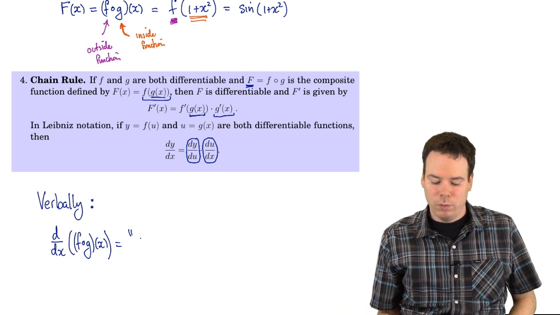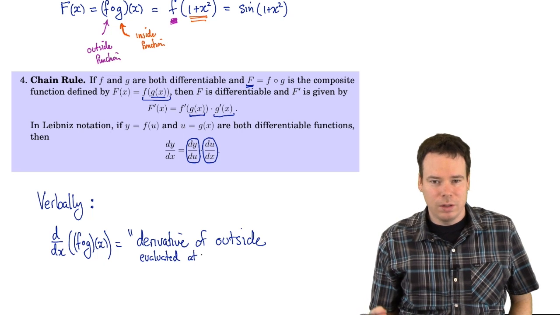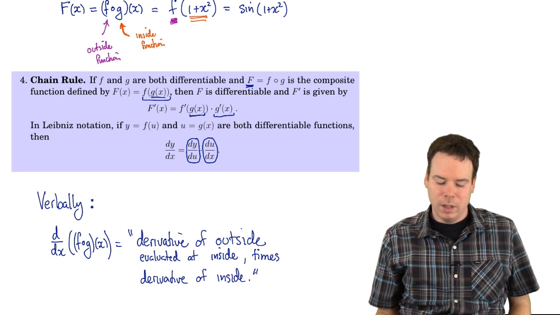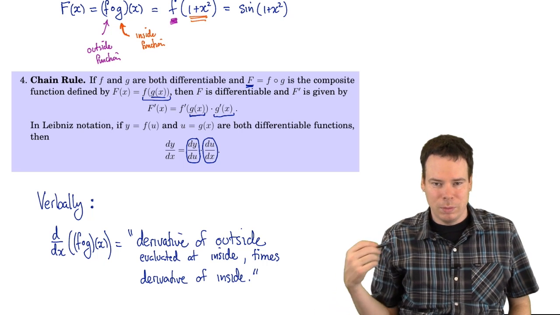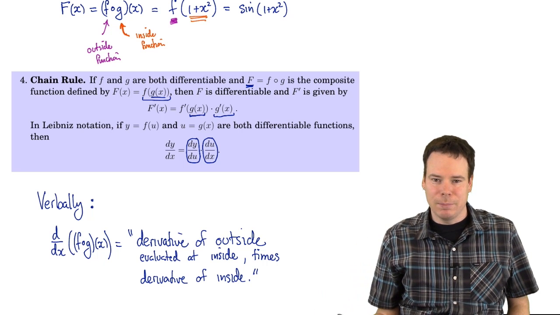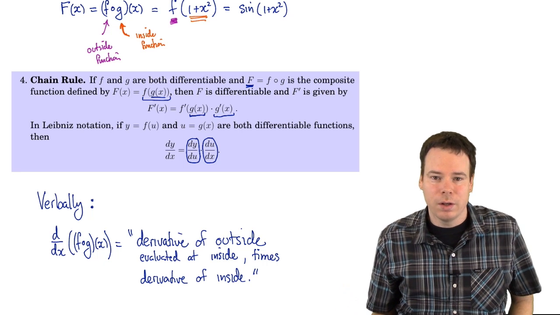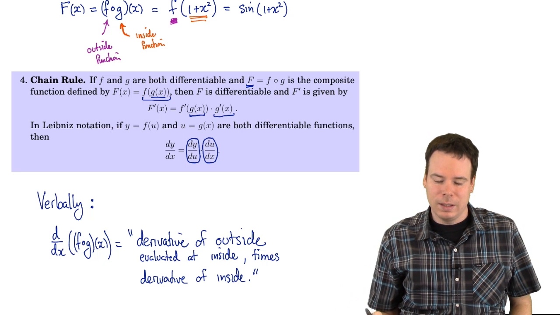So when we think of the chain rule, we're going to think about it verbally, and you'll hear me say this over and over again as we start to do examples. The derivative of the composition is the derivative of the outside function evaluated at the inside times the derivative of the inside function. So that's going to be our mantra. We'll repeat that over and over again as we do these examples. So right now we're just going to look at a whole bunch of examples and get some practice with applying